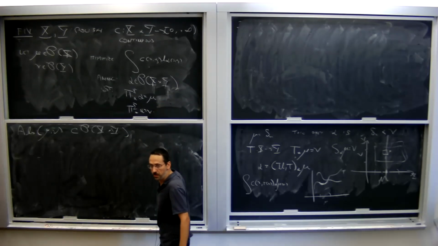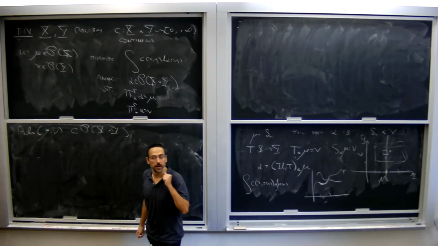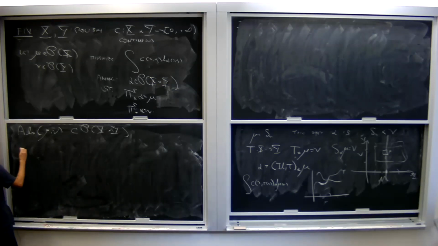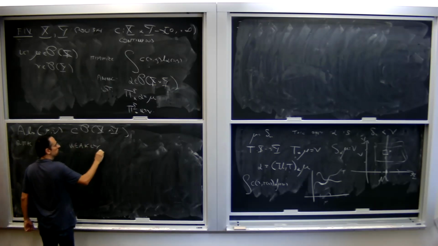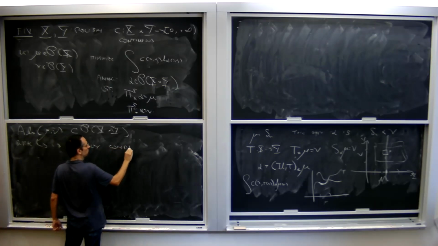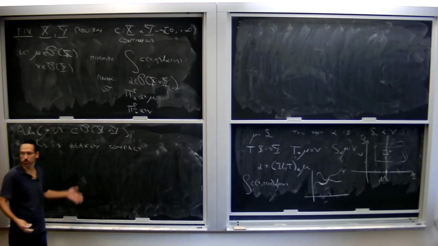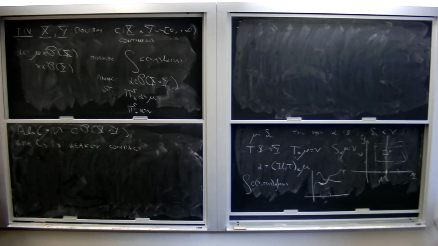Okay. And the first remark is that this set is weakly compact. In the weak topology, in the Borel space, it is compact. Okay. And why is that the case? Well, because